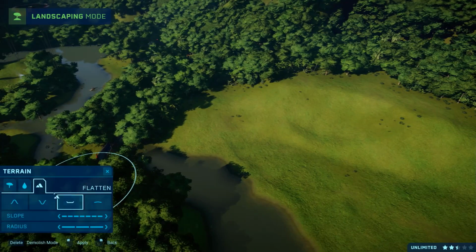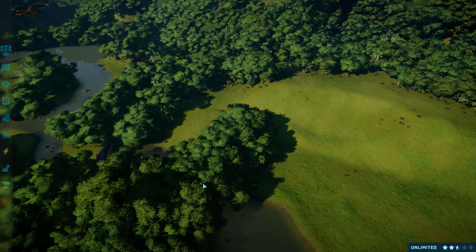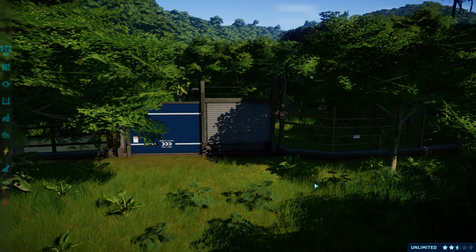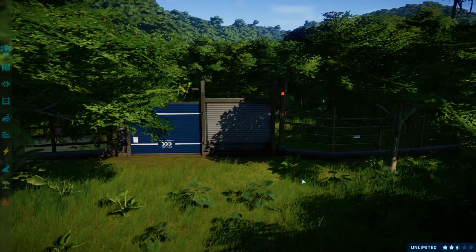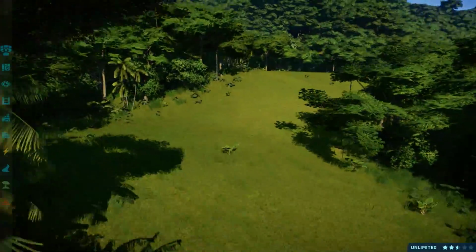So what we're going to do, put the trees in. And they're going to go like that. So the plan is you weave your way through here. It makes sense as well. You don't want to go through this big thick forest and then go through the gate and instantly be in a big open plain. They should all feel interconnected at least a little bit. So you drive through and you can't really go to the right. Look at that. So you drive up here and then